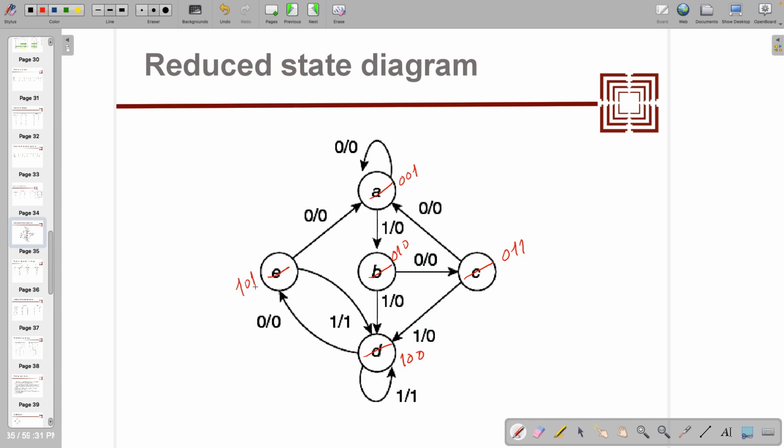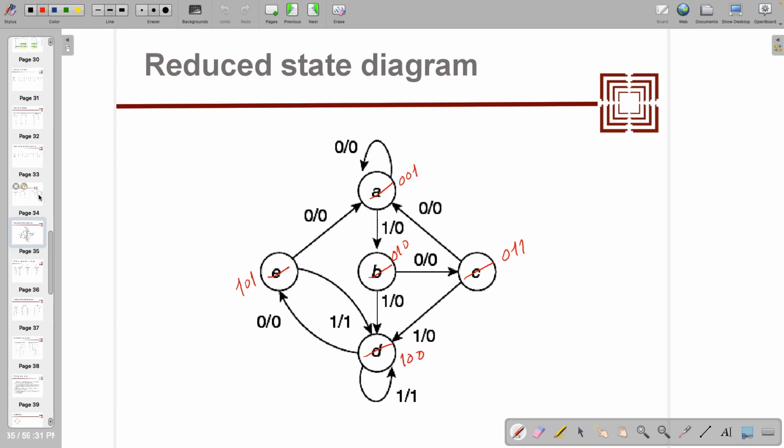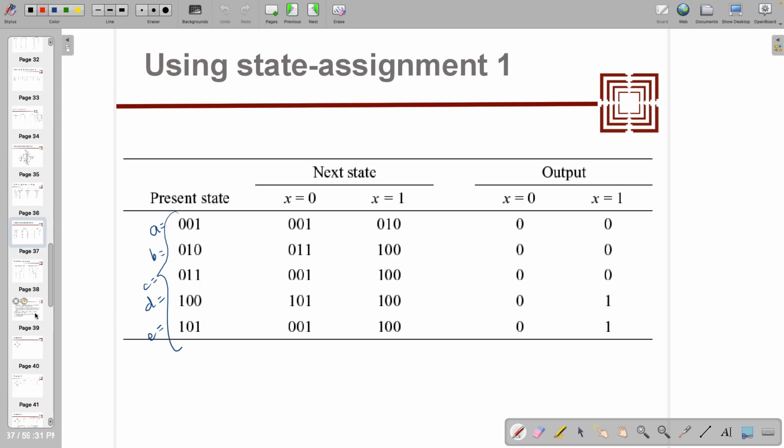So I have to fill the table with the values given over here, 001, 010, 011, 100, 101, right? And then I have to fill the whole table, what we did earlier. So this is from there only, the whole table has been filled up, right? So when this is done,